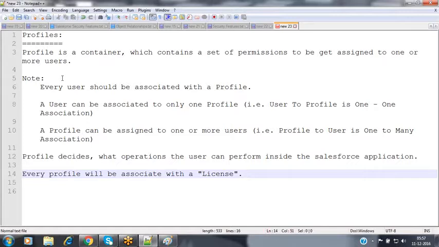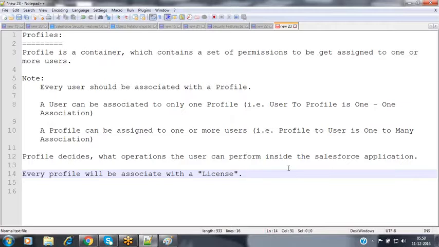Now, when coming to the license, it is going to be granting access to some set of features, or all the features available in our Salesforce application. And from those features, which features you want to make visible to some set of users, and which features to a different set of users, we can decide with the help of profiles. Don't assign that license directly to the user, because the user will get all the accesses. I want to control the visibility of the access to the users with the help of the profile, so between that Salesforce application and that user, we are going to introduce this profile.